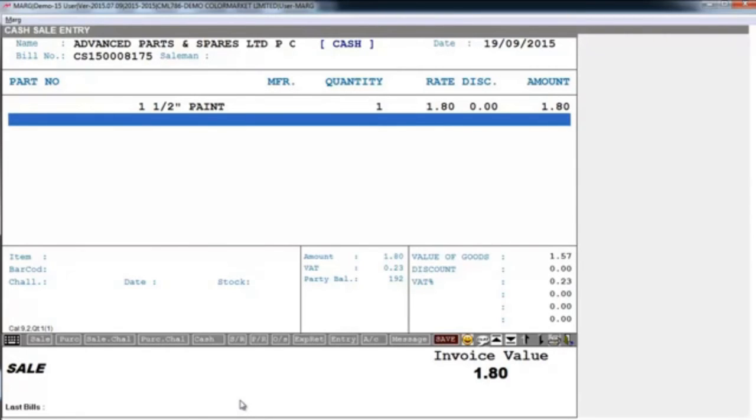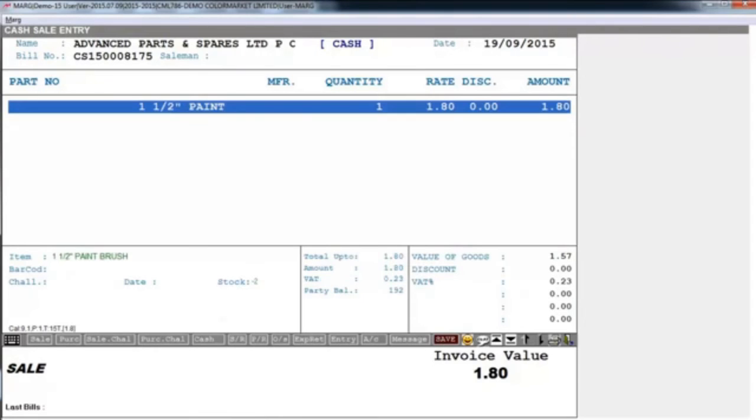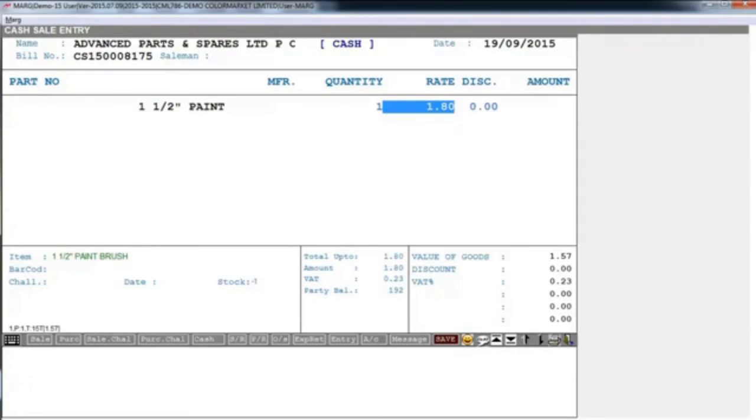Means if you have already defined the price and discount in the item master, in the rate master itself, then at the time of billing the software does not wait at the rate and discount column. With this, your billing speed also increases. Still, if you want to make any changes, you can select your product and press the right arrow key. You will see that you switch directly to the rate part.